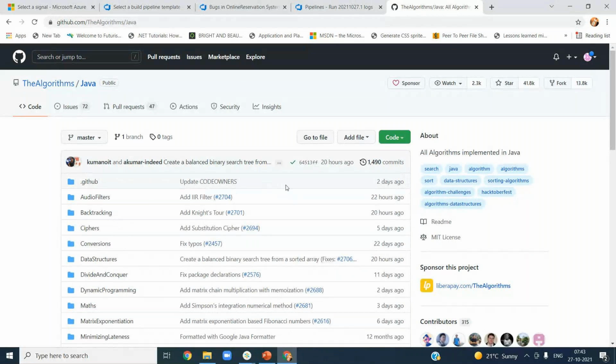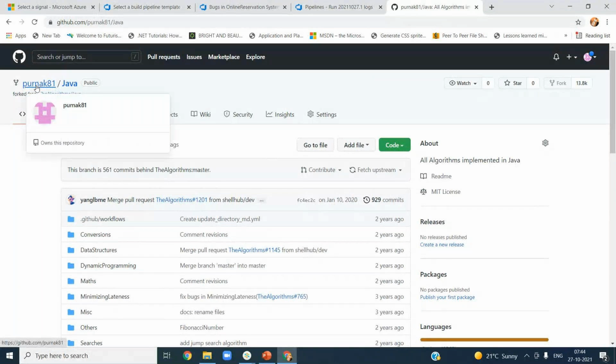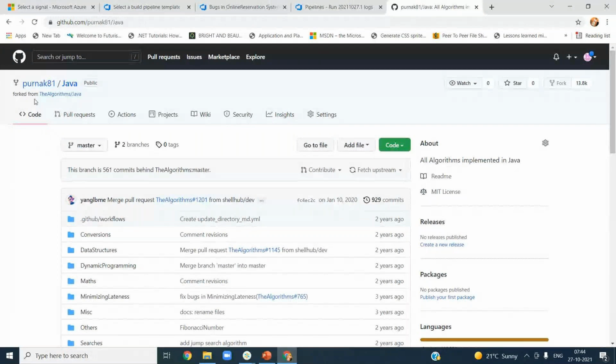Once you are in any project, you simply click on this fork option here. Say fork. The moment you said fork, it should have come to my repository. You can see now, Purna K81 fork. It is named Java, and it is a public project, forked from algorithms Java. If I go to my home page,